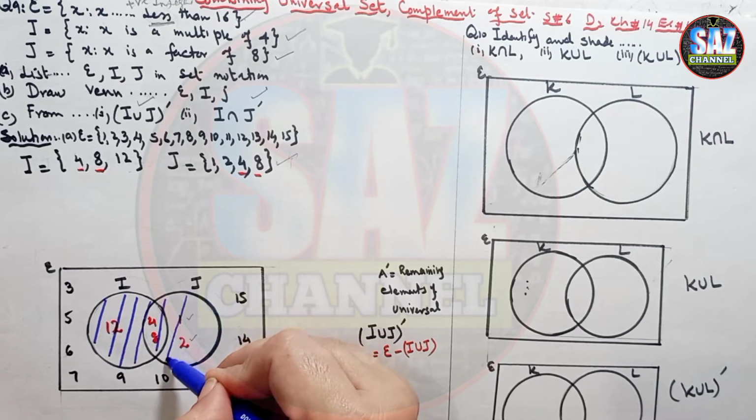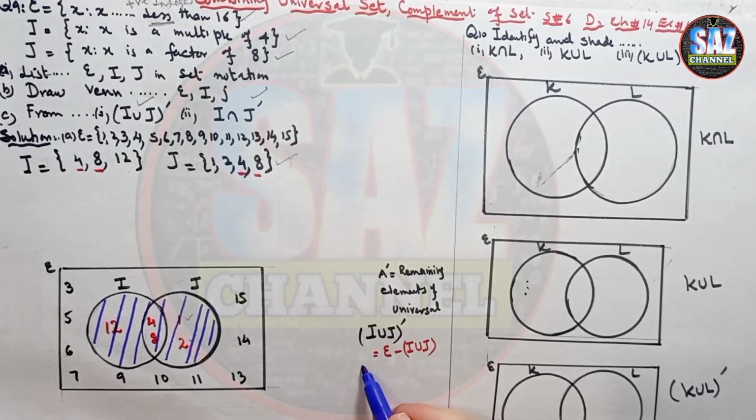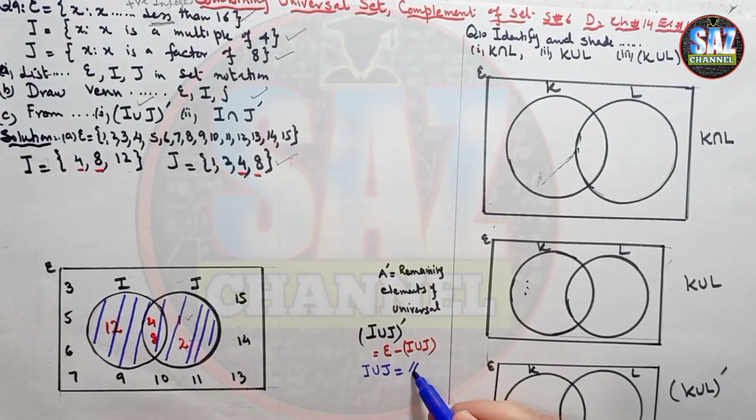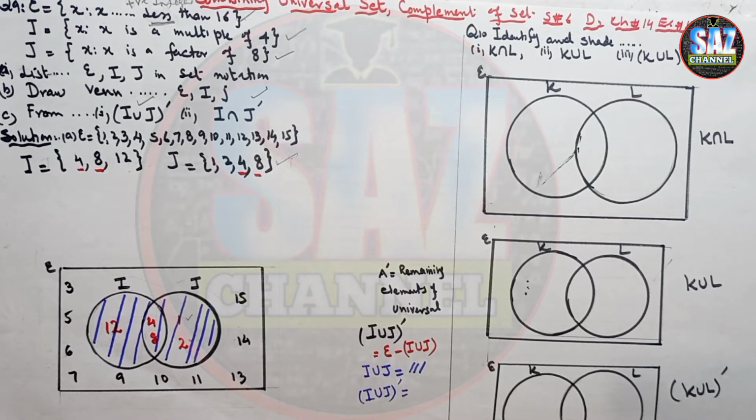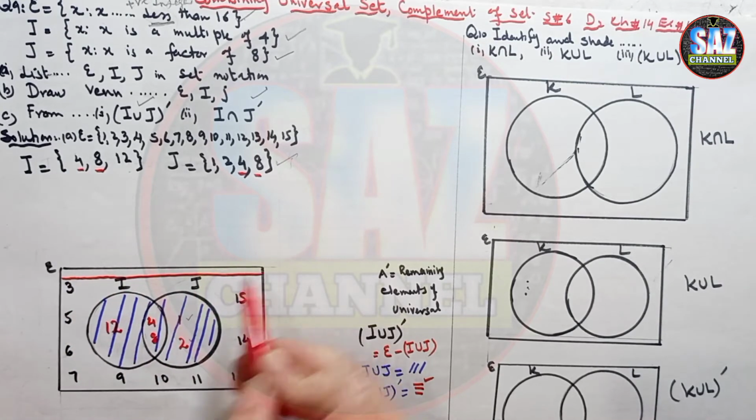Make the key for the examiner here that I union j is equal to these blue lines, but I need the answer of I union j whole complement. So for that I'm using a different style of lines, and we can use a different color as well. But in the exams you will have only one shade, so you can make the pattern for the examiner that I union j whole complement is marked with these horizontal lines.